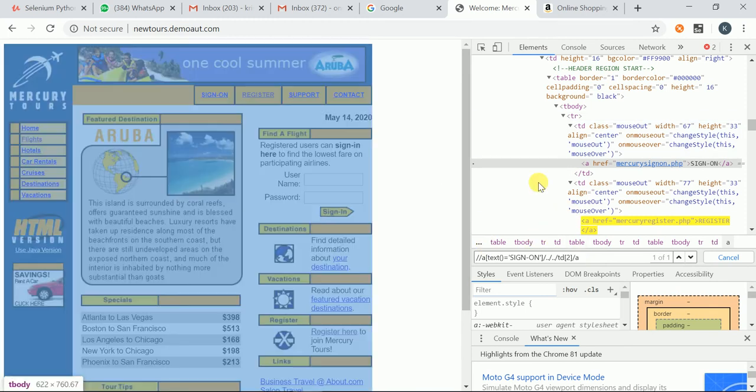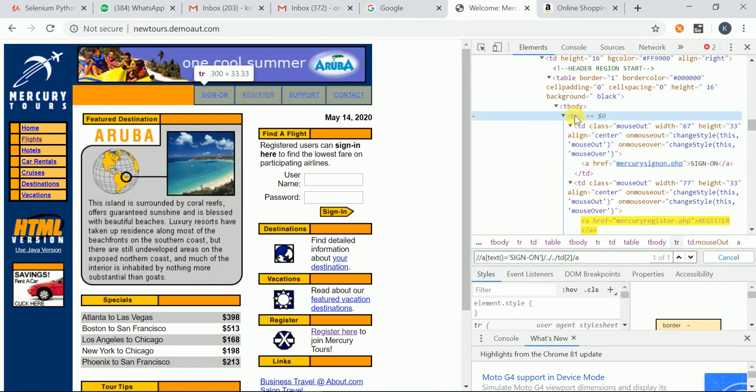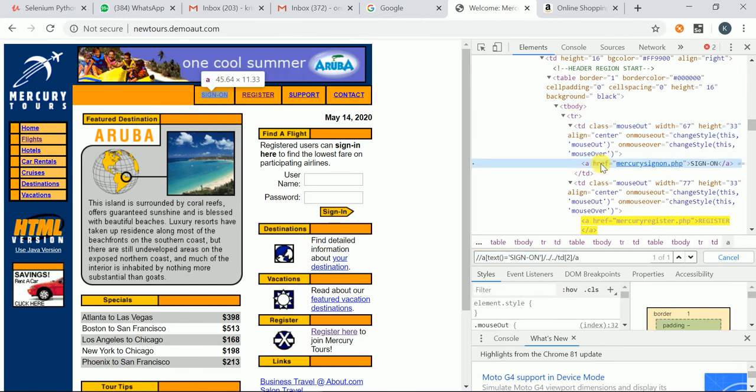Like this, you can use dot dot slash to traverse from child to parent. From parent to child, you already know. If it is a direct child, you can use the single slash. If it is an indirect child, let me give you more information. It is tr, its child is td, and its child is the anchor tag.